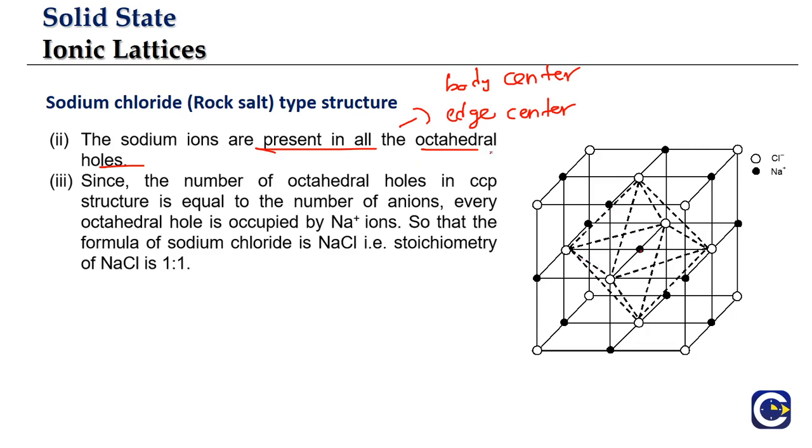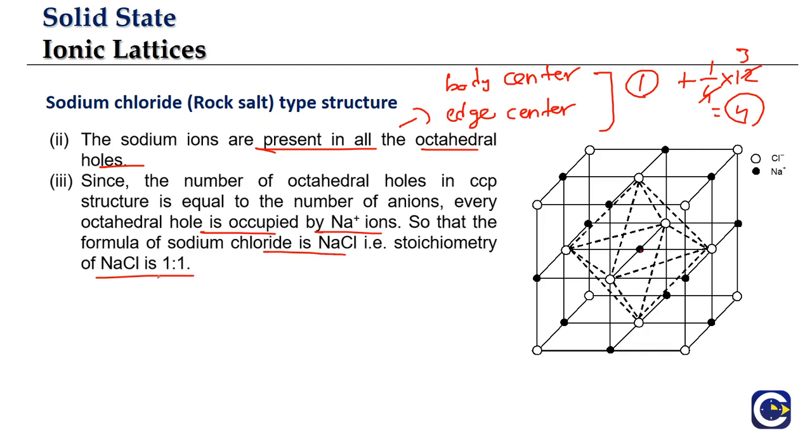So the total number of octahedral voids will be equal to number of lattice points. This calculation we already did in the previous video. I mean, you can probably go and check it. Body center contribution will be 1 full, and each edge is shared by 4 unit cells. So contribution will be 1 by 4 into there are 12 edge centers. So totally the number of Na plus ions in that unit cell will be what? 4. So the number of Cl minus ions, because they are forming FCC, it will be 4. Number of Na plus ions will be what? Because they are occupying the octahedral sites, it will be equal to 4.